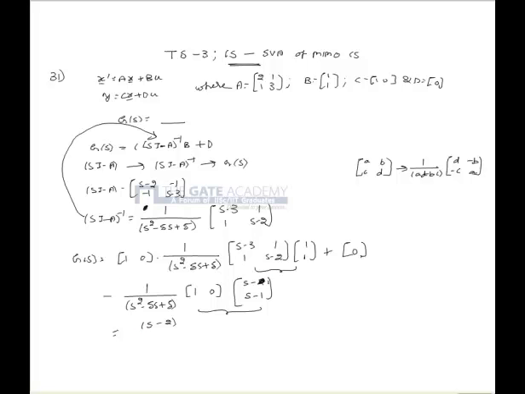Sorry, this should be s minus 4 and this should be s minus 3. So on simplifying, this becomes (s minus 4) divided by (s square minus 5s plus 5). So this is the transfer function of the given control system. So the correct option is